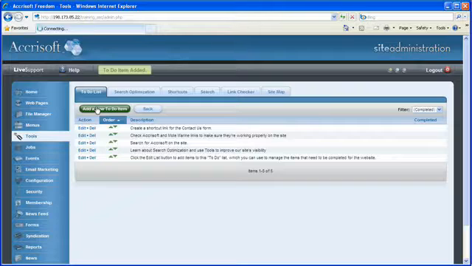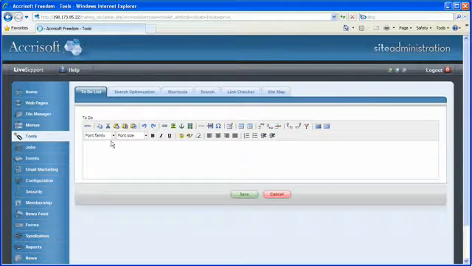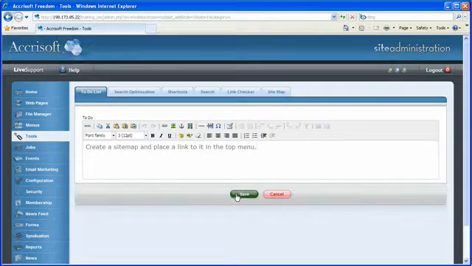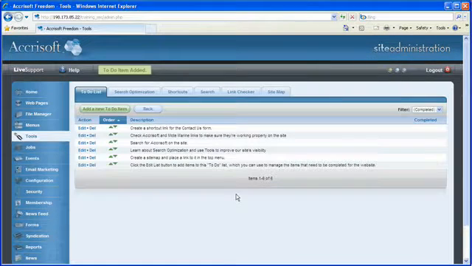And then our last to do is create a sitemap and place a link to it in the top menu and save. Now you can see all of our items, and you can use the order arrows to move the items up and down if you need to sort by priority or by type. You can also filter here for completed or incomplete items. And when your list is complete, if you select back,